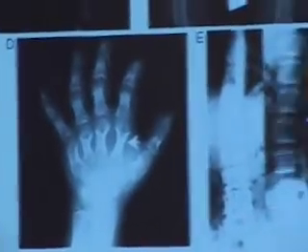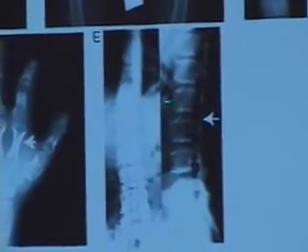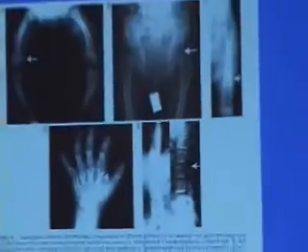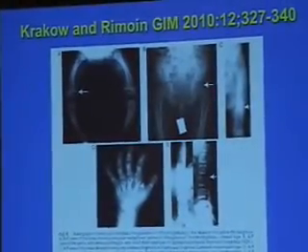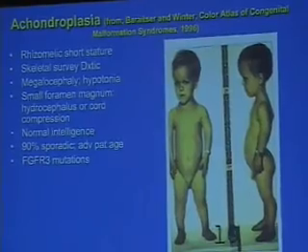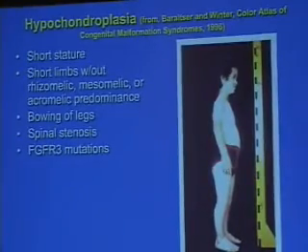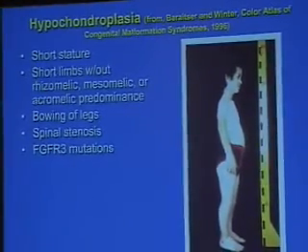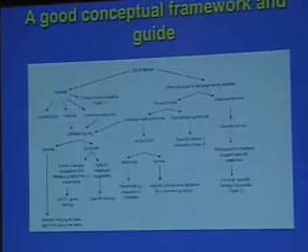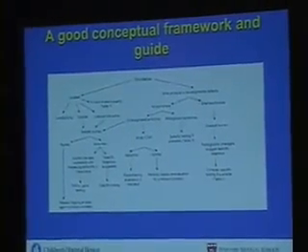Here's another few pictures on the types of things that you should be looking for. So here's some metaphyseal abnormalities here, epiphyseal abnormalities here. This is widening of the diaphysis here. These are all different abnormalities. Here are metacarpal abnormalities and spine abnormalities in kids with skeletal dysplasias. So sometimes these are not as apparent as you would see in achondroplasia or in hypochondroplasia, but often you will get a pickup there.